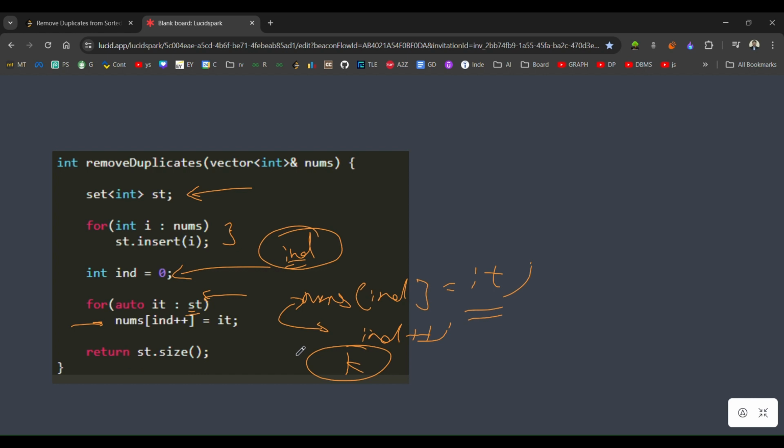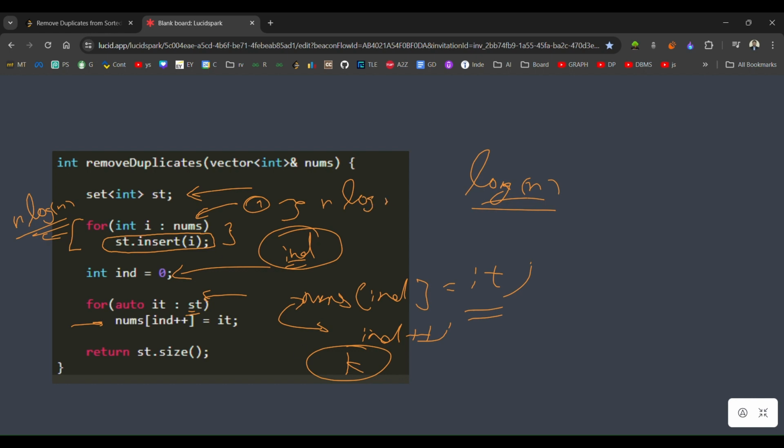So the time complexity of this code, let's analyze. Okay, so this loop will be taking n log n time. Why? Because to insert or to maintain a set, you are taking around log n time complexity, and this loop runs for n times. So overall time complexity will be n log n for this loop. Here in this loop, at worst, it's going to run n times. So the time complexity is basically n log n plus n. So basically O of n log n